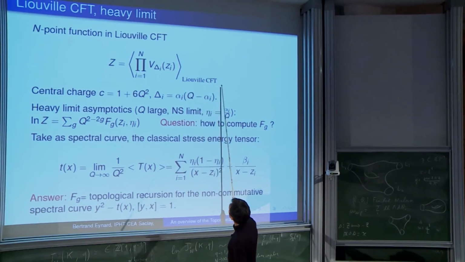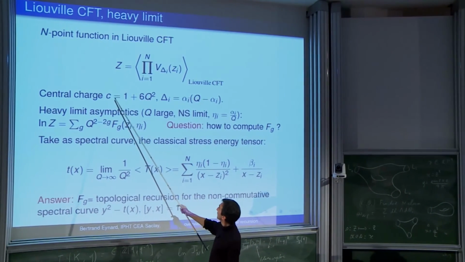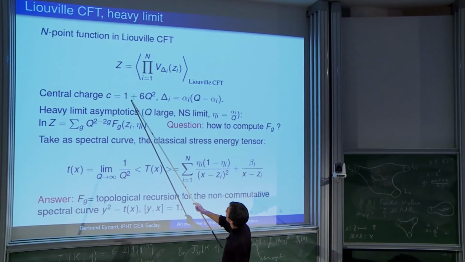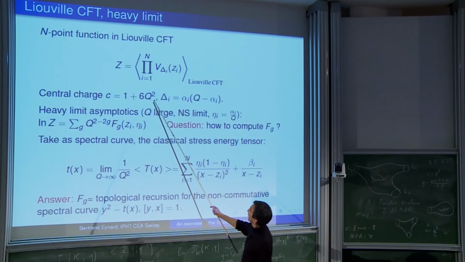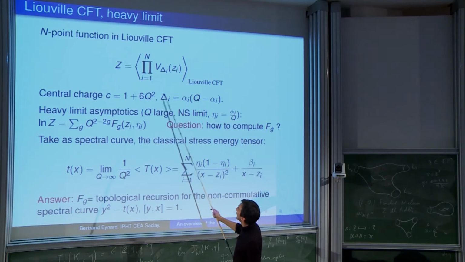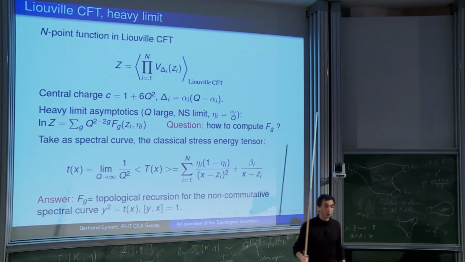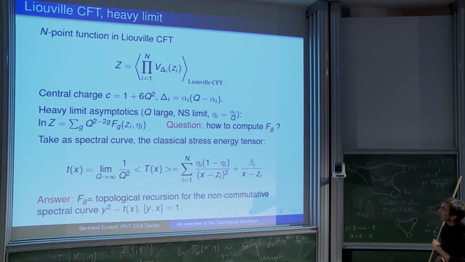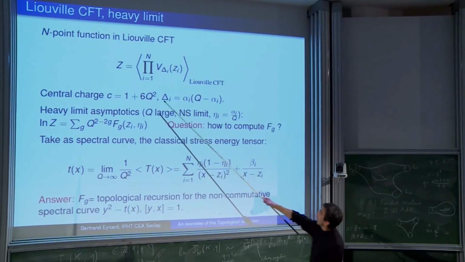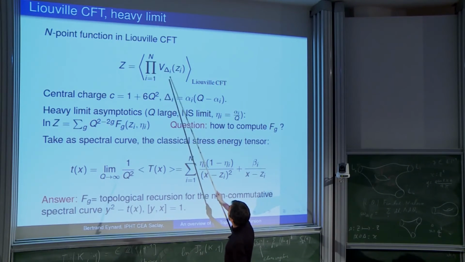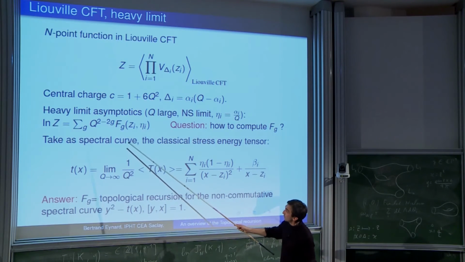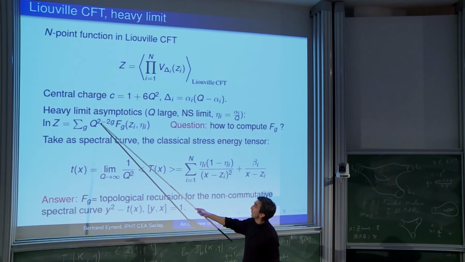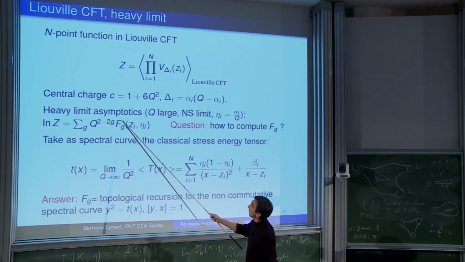Well, the Liouville conformal field theory depends on the central charge, which is usually written this way, 1 plus 6Q squared. Let's say, can we compute those things in the large Q limit? It's called the heavy limit. So you want to expand that Liouville conformal field theory function in powers of Q at large Q. Again, it will go with even powers of Q, and you would like to compute